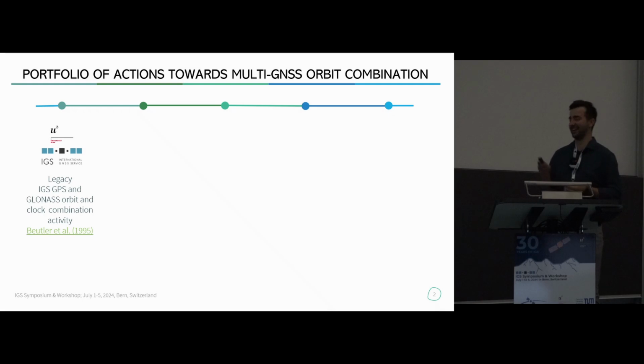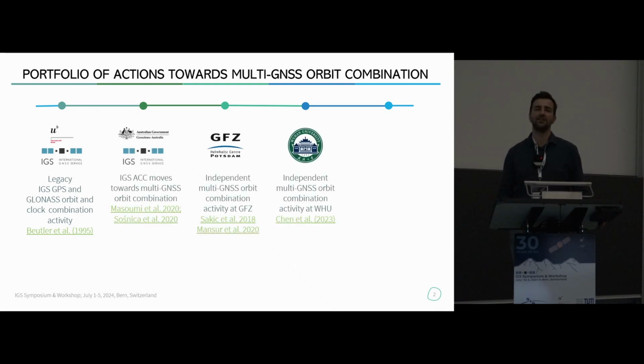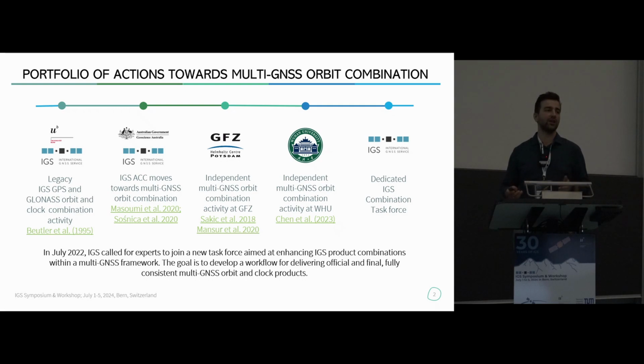My talk will be about the multi-GNSS orbit and clock combination. Just to start briefly, the idea of combining AC contributions to the IGS was initiated in the early days and years of IGS. Along with the development of multi-GNSS constellations, some other groups started independent actions toward developing a new concept of multi-GNSS, consistent clock and orbit combination, focused on multi-GNSS constellations. And in 2022, IGS called for experts to join a new task force